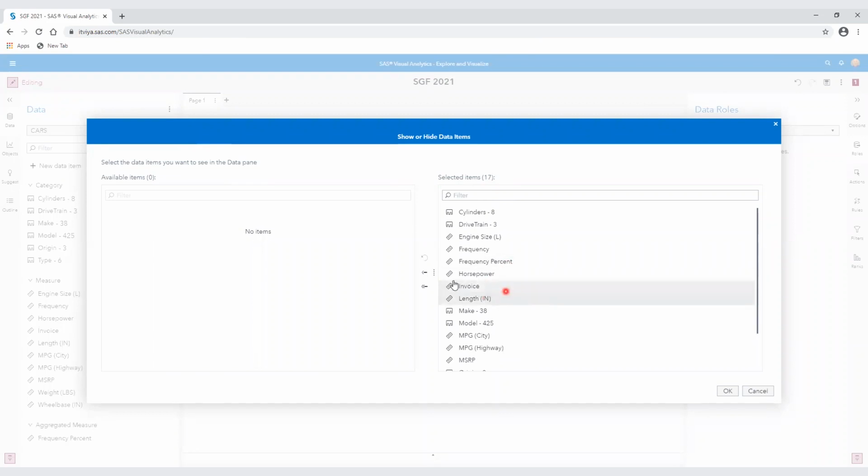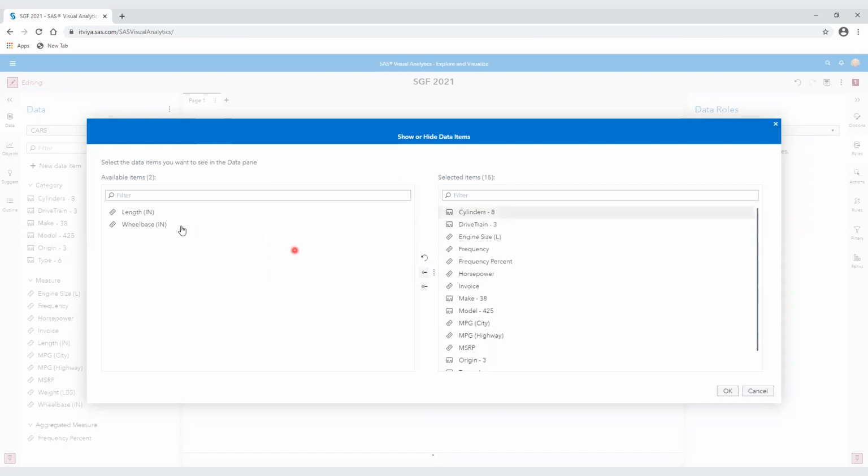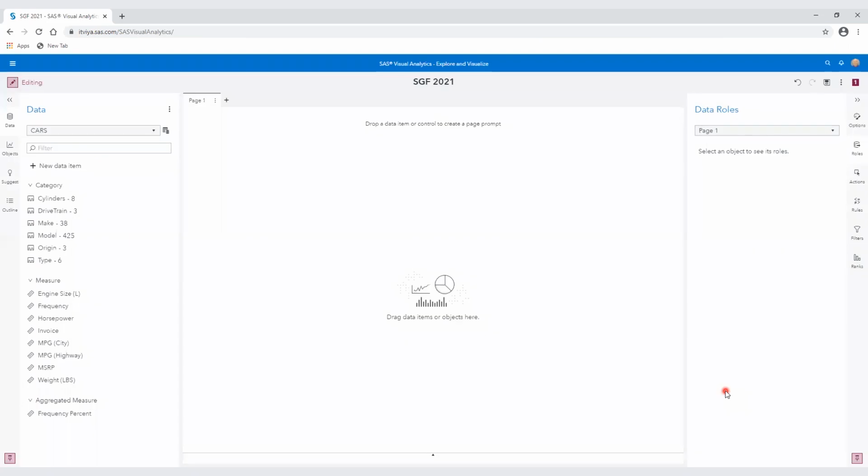So that's length. Let's scoot that over here so that we hide it. And wheelbase, I'm not interested in, so let's select that, click the left arrow, and scoot that over. I don't want to see them. They're not relevant to my analysis. So I'm going to say okay to that.